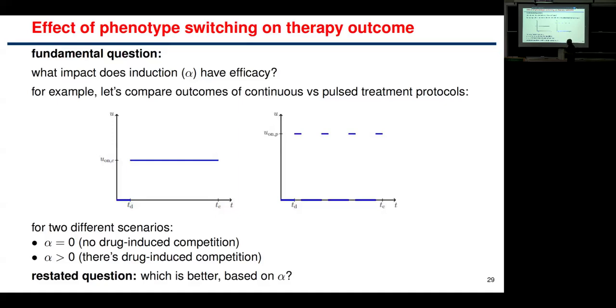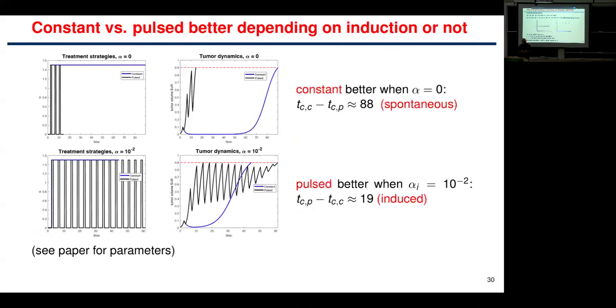What I'm going to do is compare 2 therapies, one in which I give a constant dose and one in which I give a pulsed dose. And then the question is, which therapy is better when there's purely Darwinian or when there's Darwinian plus Lamarckian selection? These are all simulations, but this is one set of results. On the top,